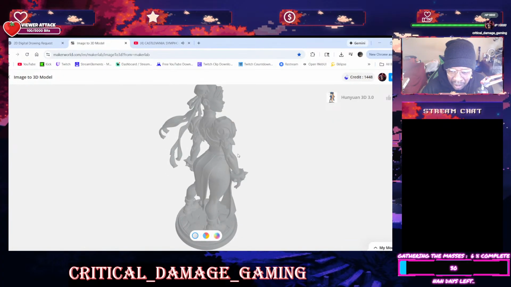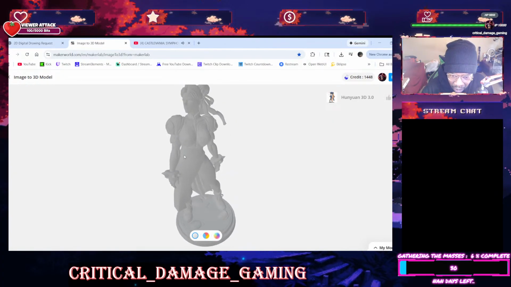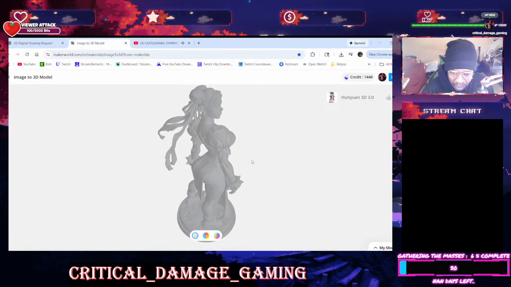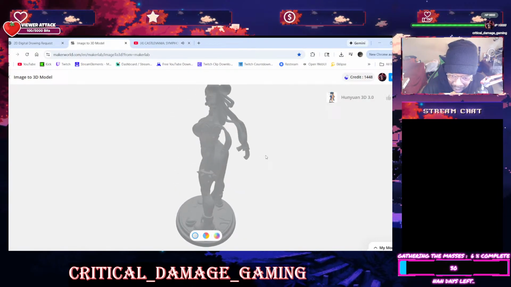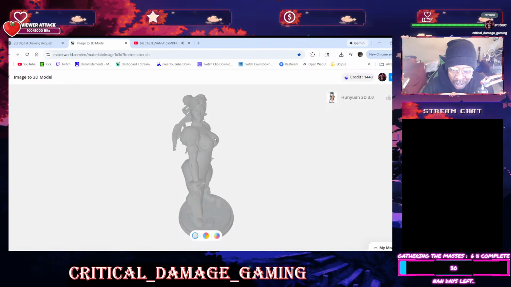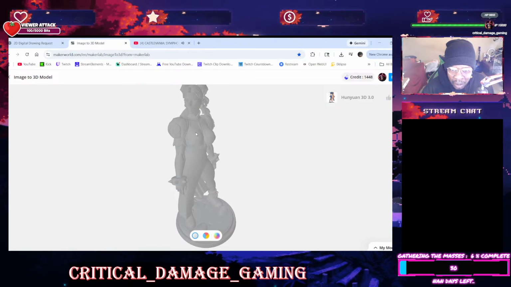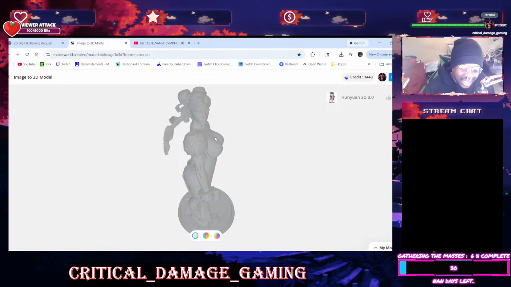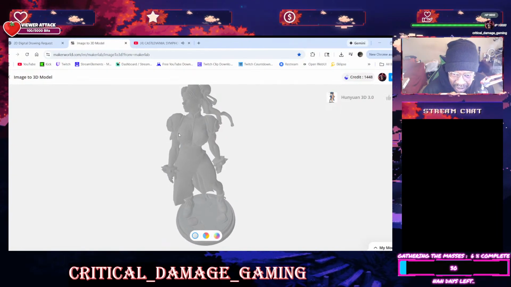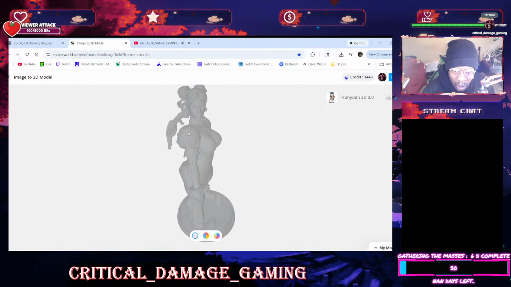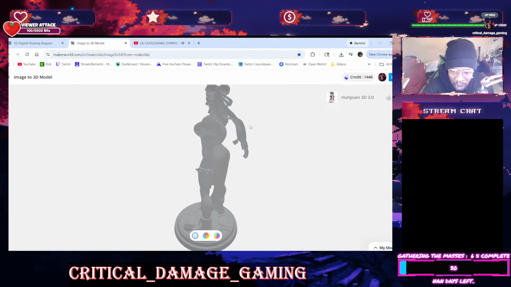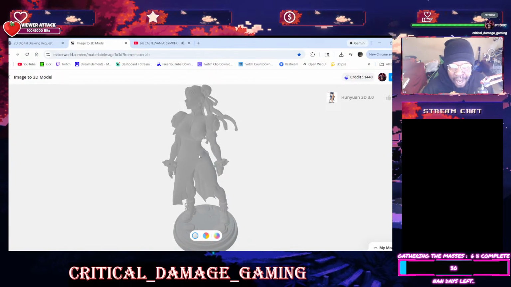It felt like her stomach, her midsection was a little large. Now, this is not meant to be perfect, nor is it meant to really replace actually using Blender and 3D modeling. But just as someone who's learning Blender, having something I can work with, like I can toss this into Blender, make some details, make some changes, add some things to this if I so choose, or I can throw this in Blender and just mess around, see what different settings do, kind of play around, because I basically have